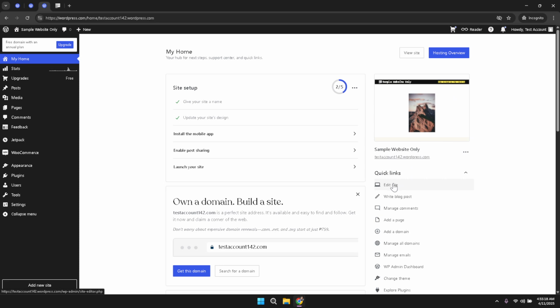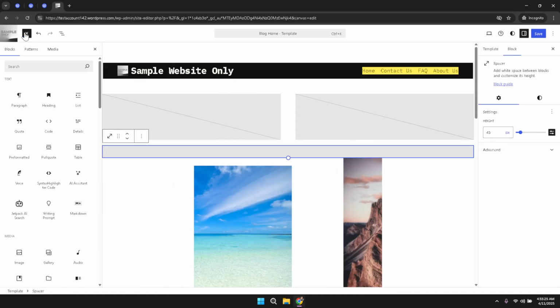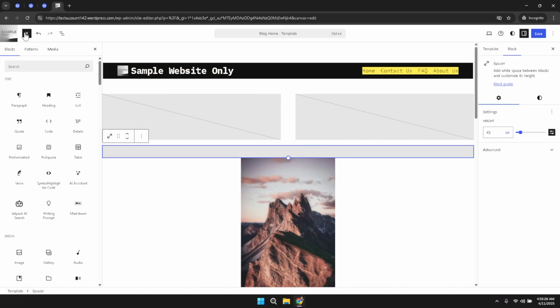website's appearance and structure. As you familiarize yourself with the editor, shift your focus to the upper right corner of your screen. There you will notice a plus icon. This icon serves as your gateway to adding new elements to your website. By clicking the plus icon, you open a menu of options that allow you to incorporate various content blocks into